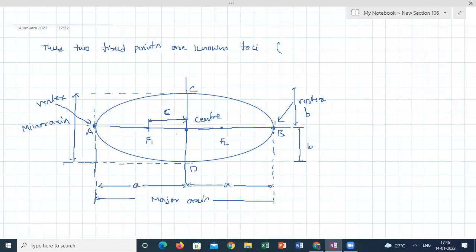And from the center, if I'm taking the ellipse on the origin, O to F1 and O to F2, the distance is C. This data is useful to locate the points A, B, C, D, as well as F1, F2. So from here, it will be easy to express the equation of the ellipse if the major axis is the x-axis, the minor axis is the y-axis, and the origin is the center. So first, a relation between